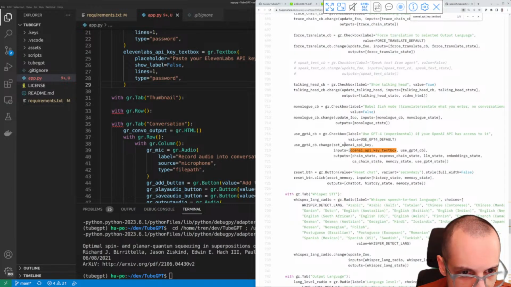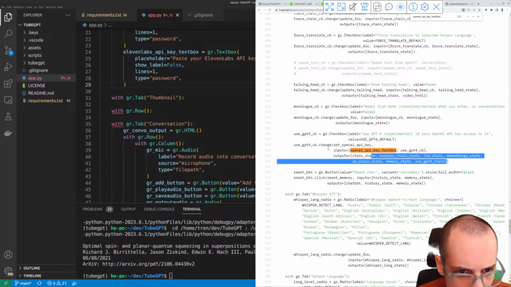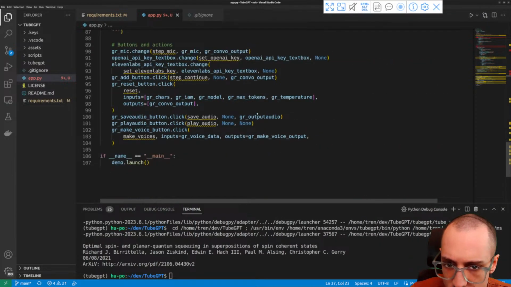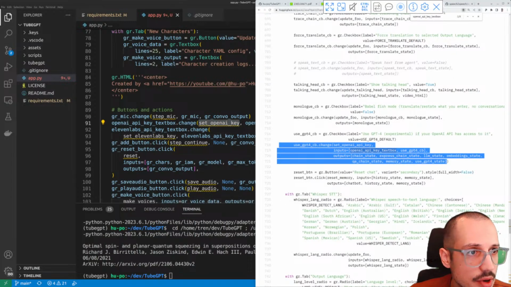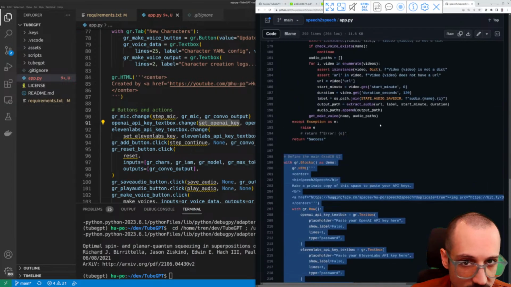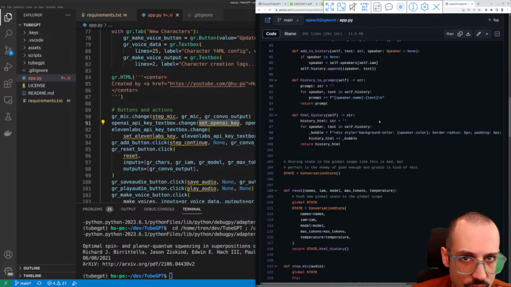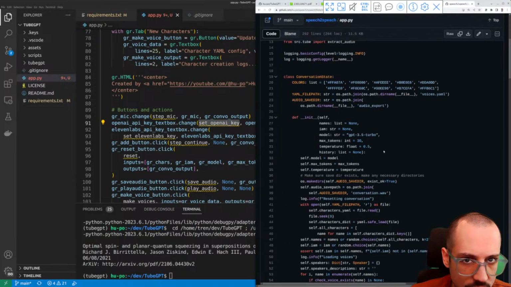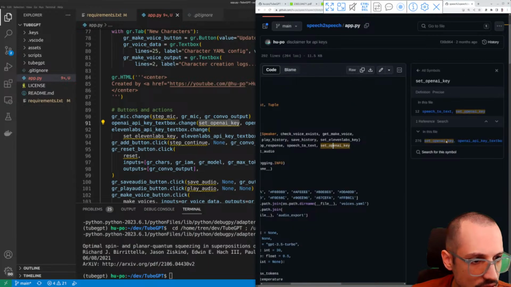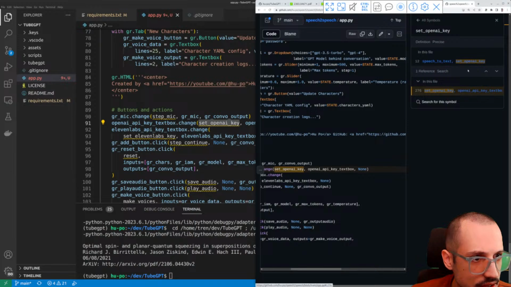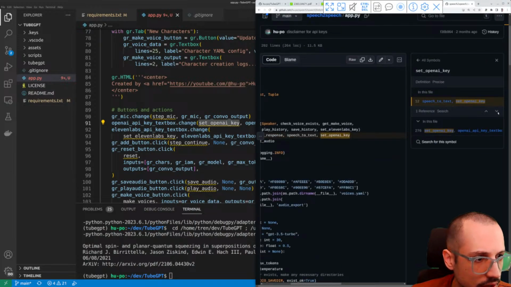Use GPT-4 CB, change, set OpenAI key, inputs, outputs. Okay, how did we use it? OpenAI key text box, change is set OpenAI key. Okay, so we also had a set OpenAI key function. Where is that function? Play audio, continue, reset. Where is it? Set OpenAI key, which is here. And it's here. And let's go into the